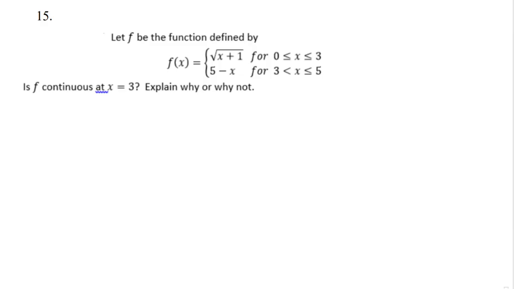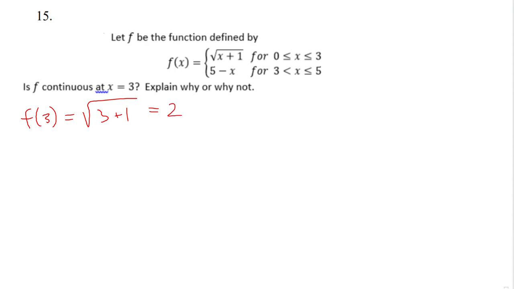All right, for number 15, we've got f is this piecewise function, and we want to know is f continuous at 3. So this is similar to one we did a little bit ago. If f is continuous at 3, then f of 3 needs to exist. Right? f of 3 is just the piece where 3 is included in the domain of that piecewise. So that'll be the square root of 3 plus 1, which is the square root of 4, which would be